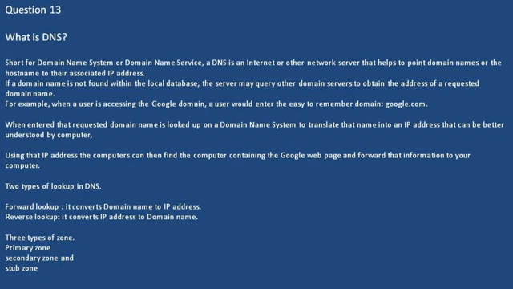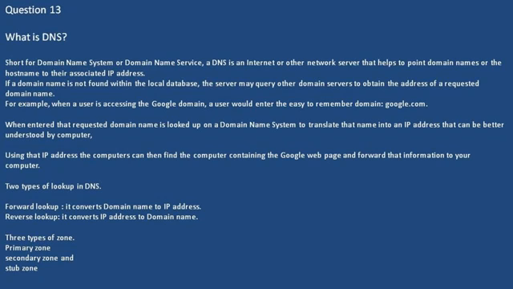For example, when a user is accessing the Google domain, a user would enter the easy-to-remember domain google.com. When entered, that requested domain name is looked up on a domain name system to translate that name into an IP address that can be better understood by computer. Using that IP address, the computers can then find the computer containing the Google web page and forward that information